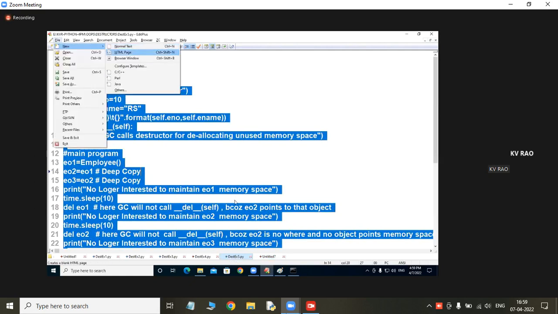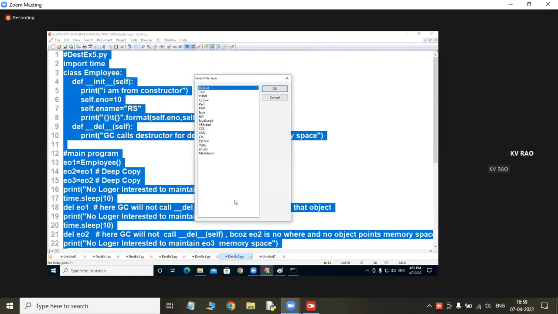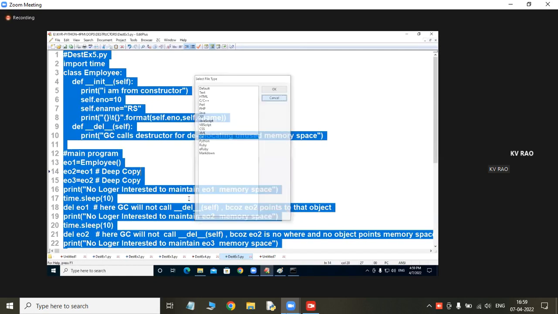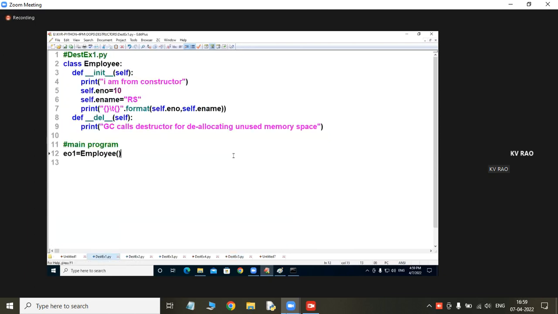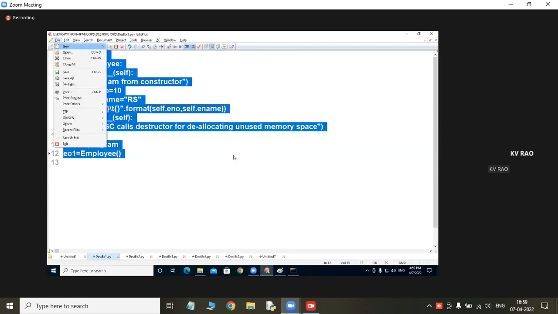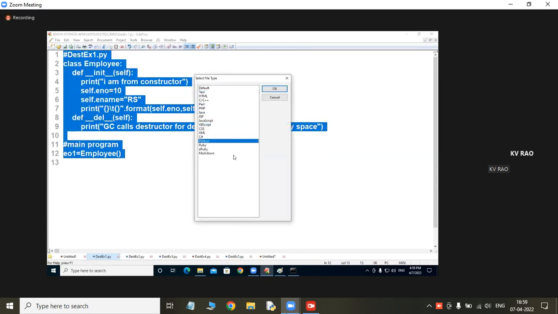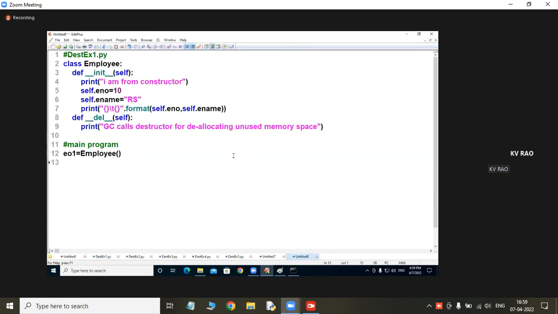I'm going to take one small example scenario, a beginning-level program, or any program which you have written so far. Here I am just taking the main program and printing